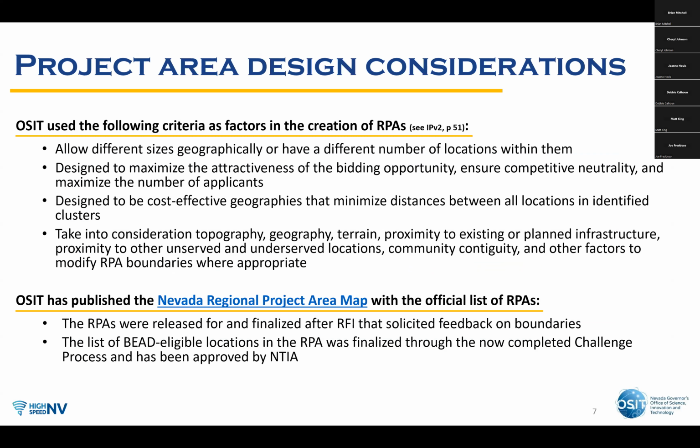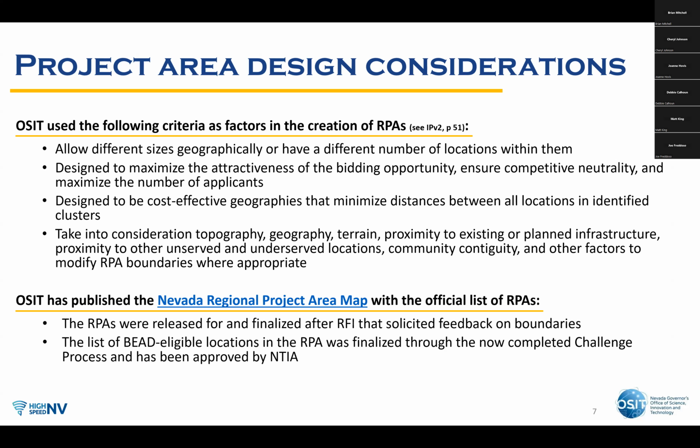The project areas were designed with a number of criteria that were described in detail in the initial proposal, Volume 2, and you see the page reference here. It was based on geography, based on number of locations, based on OSIT's assessment of how to make the bidding opportunity economically attractive for applicants, create competitive opportunity and neutrality, and maximize competition in the number of applicants,